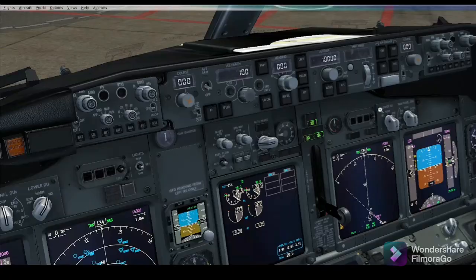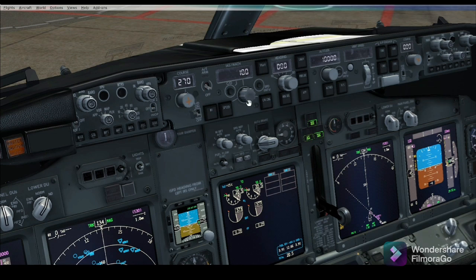After this, we can see the MCB panel. In the MCB panel, we can set the course. Our runway number is 27, which indicates 270 degrees, so we will set 270 here.